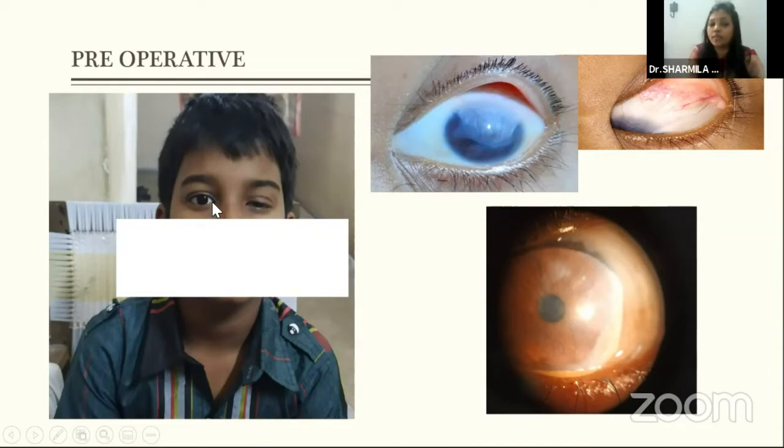Thanks to Dr. Sangwan sir for this procedure. So you can see an auto-SLET being done for this case, and the cornea is clear after about 6 to 7 months. And if there is a bilateral chemical injury, then we need to do an allo-SLET with cadaveric stem cell explants. And those patients have to be put on immunosuppression before the treatment as well as after the treatment.